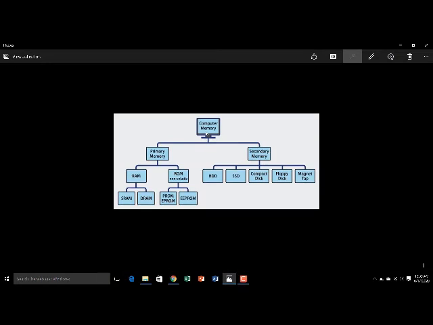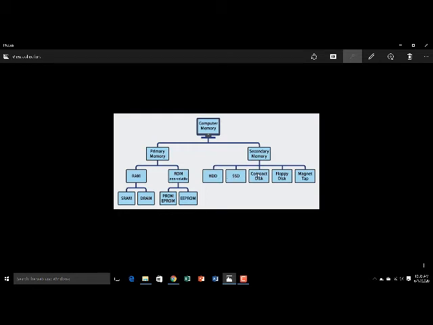See, this is the computer memory. First one is primary memory and secondary memory. In primary memory there are two types: RAM and ROM. RAM is a volatile memory and ROM is a non-volatile memory. In secondary memory, there are hard disks and solid state disks. SSD means solid state disk, and there is a difference in quality between a hard disk and an SSD, but both work the same.